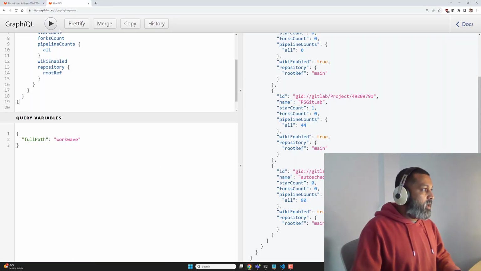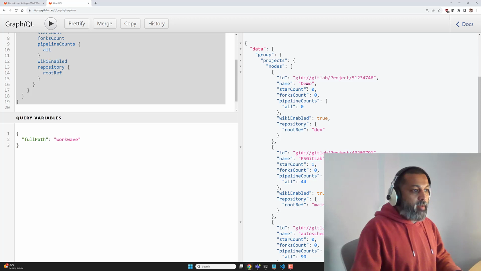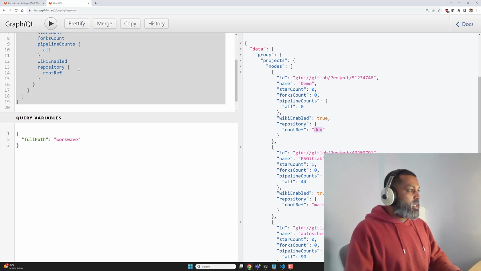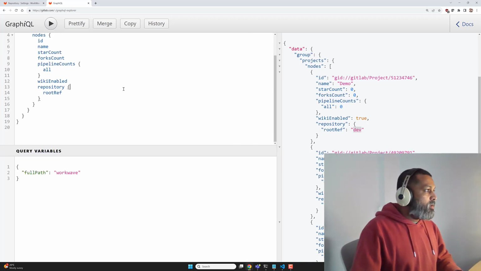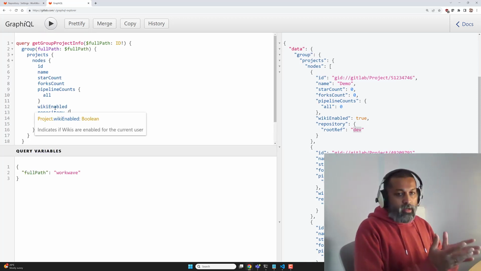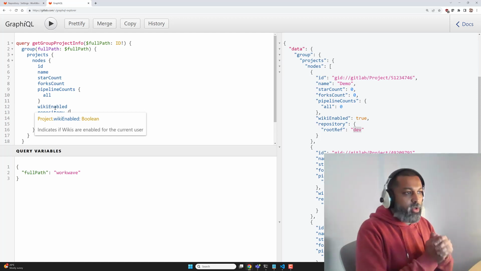Now I come back here and run this query. For the demo, I can see dev as my root branch. That's exactly what I was looking for. Awesome. Now that I've shown you how to query exactly the information you look for,